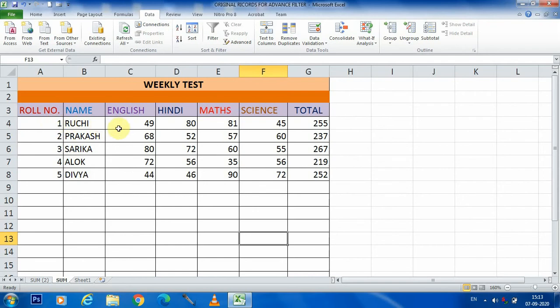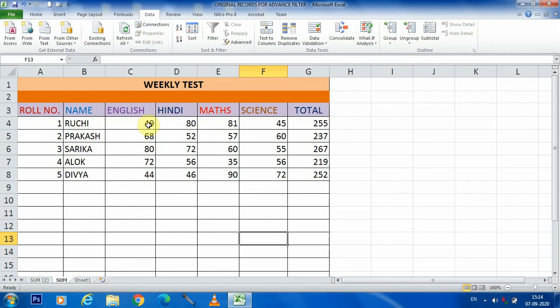So students, here imagine any student can't obtain more than 100 marks in any subject. Okay students, in each subject their marks can be equal to 100 but not greater than 100, and when we are entering marks, they should not be less than 0. That means their marks will not be in minus.